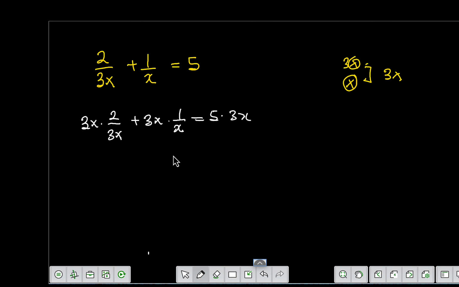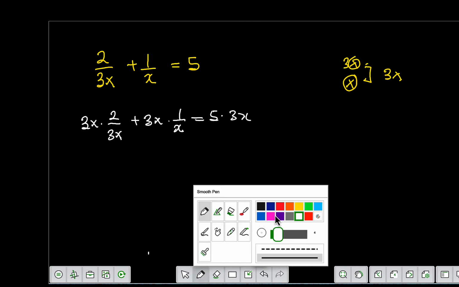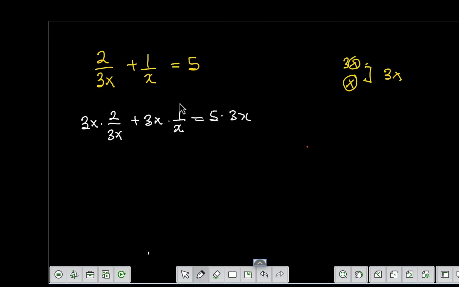Now we have multiplied each term by 3x. Let's see how it turns out. 3x here is going to cancel out 3x. x here is going to cancel out, and then we can continue. So here we're going to have 2 plus 3, and that is going to give you 5 times 3x, which is going to give us 15x, right? So let's add the common terms, which is 2 plus 3, will give you 5, and that is